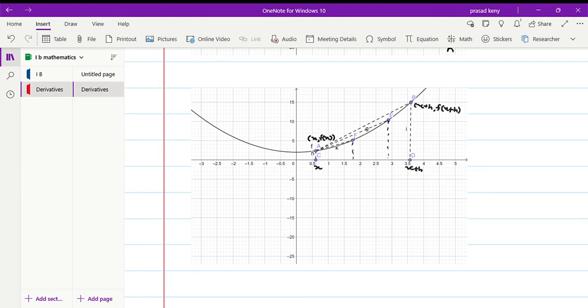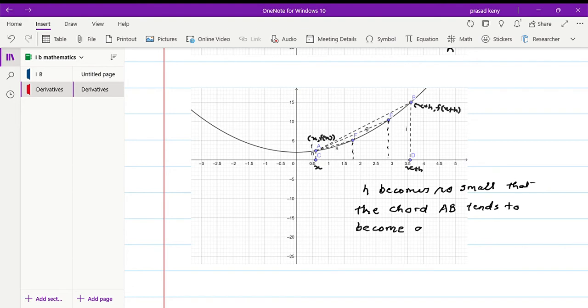So finally h becomes so small that the chord AB tends to become a tangent